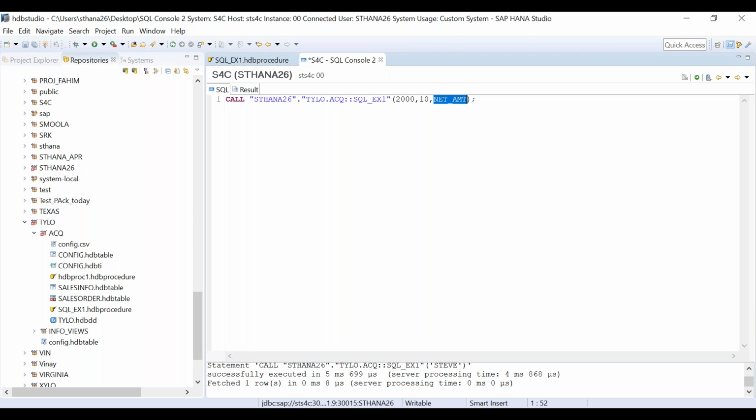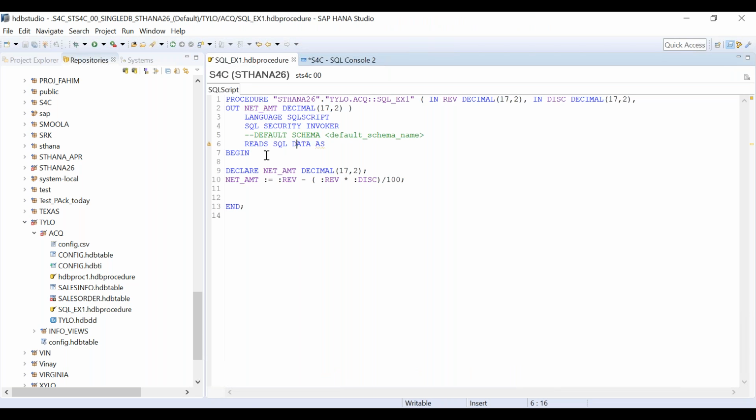Now, always remember this thing: for an output parameter, you always assign a question mark. Because we don't know the output, right? We don't know what my output parameter will be. That's why we give a question mark, because my out parameter, which is net amount, will be determined by the procedure only.